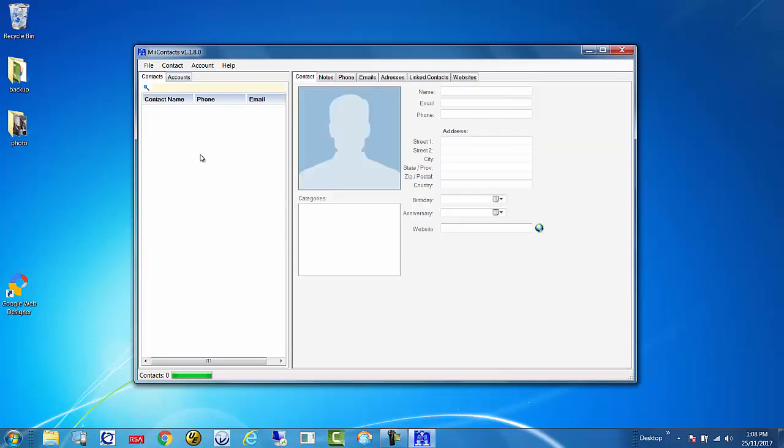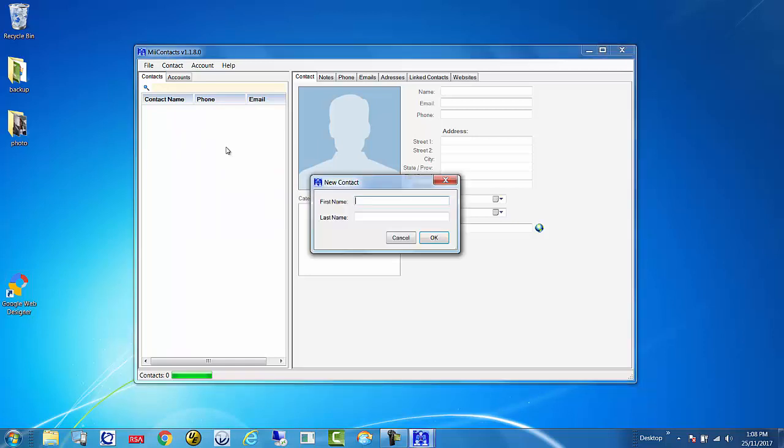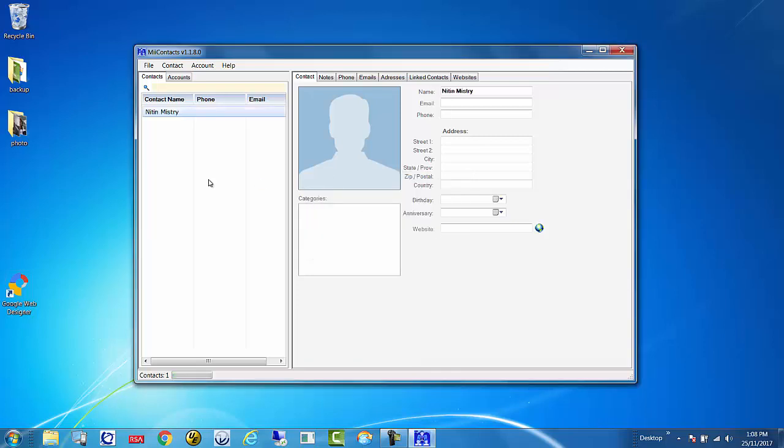Once you start the application, you select the contacts tab. You simply right click in this area here, and you can click add contact. Here you can give it a name. I'm just going to type my own name, and I'm going to click OK. Basically that's it. You've created your contact. Now there's a whole bunch of details that you can provide, but this is how simple it is to create